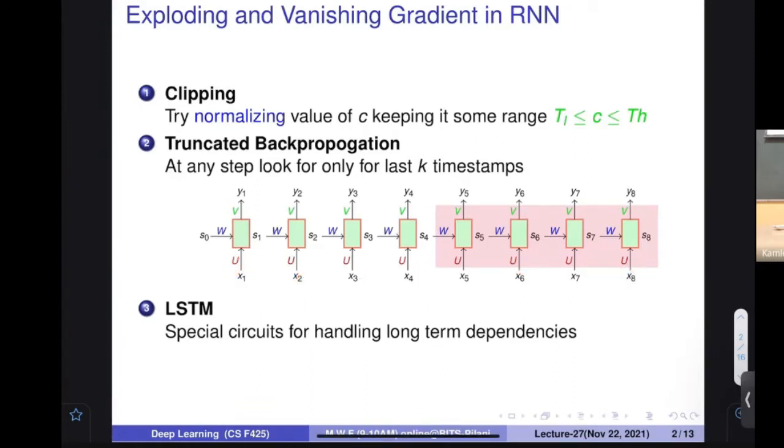If you want to train this particular system, initially, for example, if you are expecting y7 as an output, you would not be getting y7 because the system is not trained. So let me call whatever output you get y7 hat. There would be a difference between y7 and y7 hat. We want to find the square of this quantity, or maybe some log likelihood of this quantity, to see how bad this output is with respect to the expected output. And then we find a summation of all the individual terms, the J's.